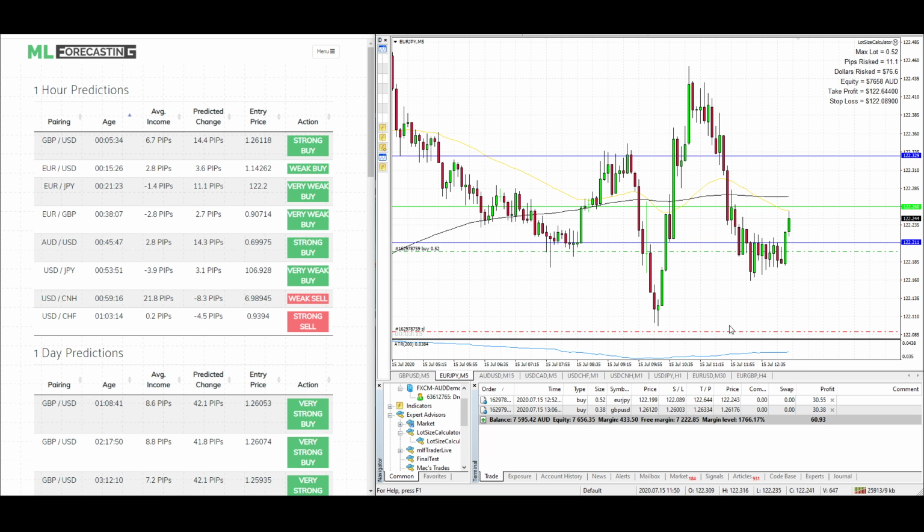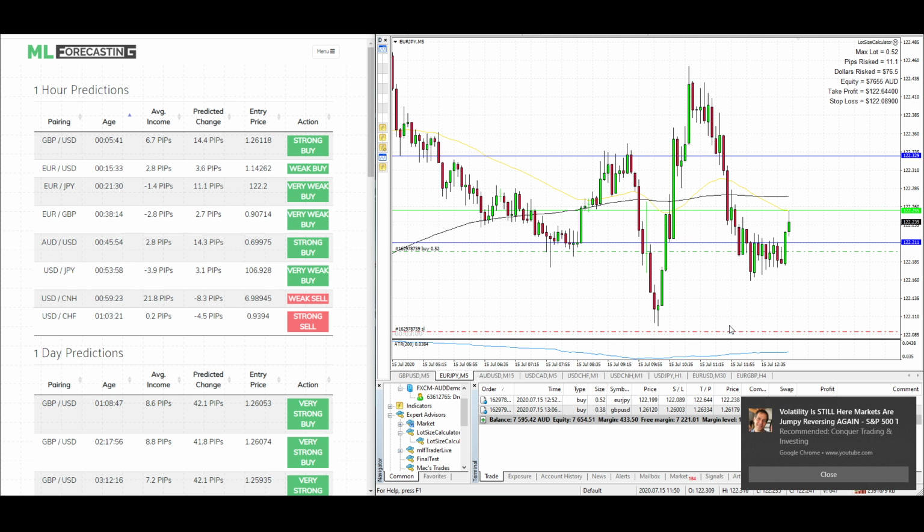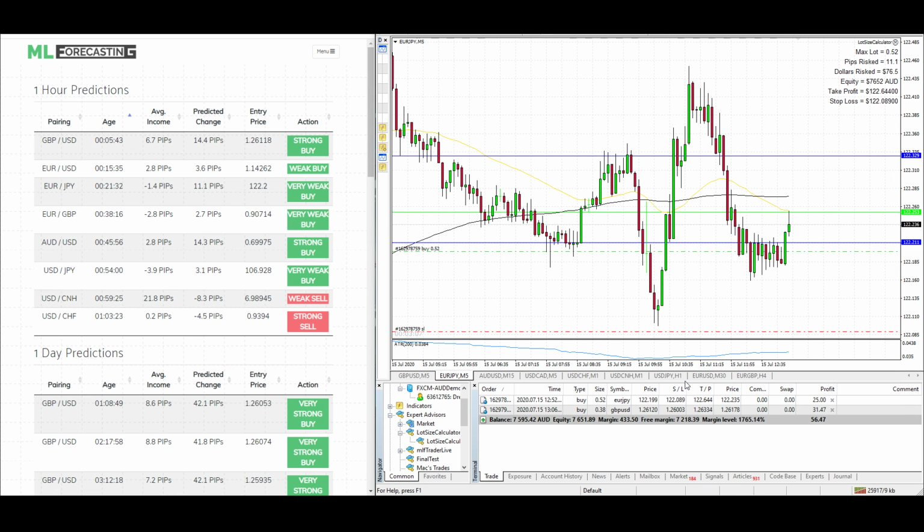So I also made a mental note. I was going to take a trade earlier, and then I realized, oh, hold on. We're 15 minutes before the London Open, and I know from looking at all of the data that our system does not perform overly well, or has not previously performed very well during the London Open. So I stopped and I didn't take a trade,